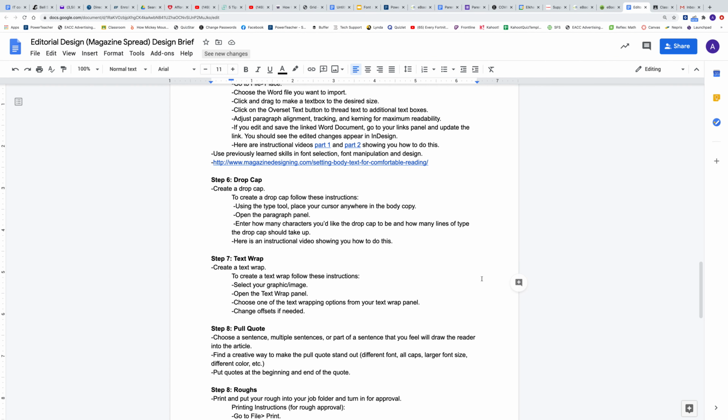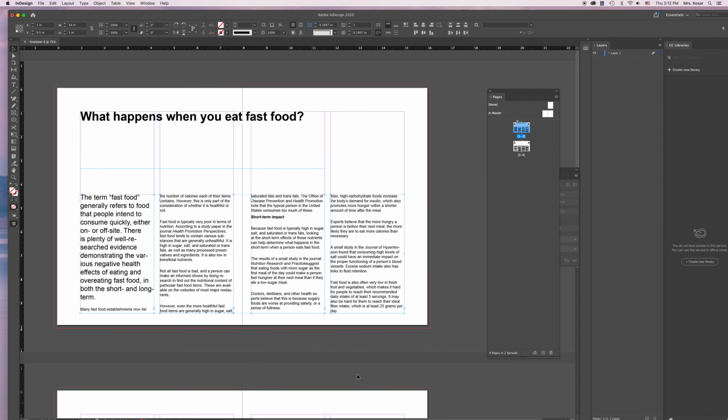One thing that you're going to need to do in your editorial design is create a drop cap. So I'm going to show you how to do that. So we'll go back to InDesign, and once you've placed your text in your